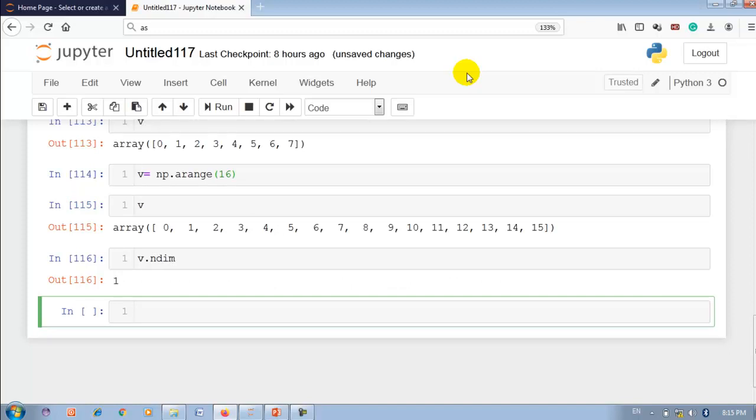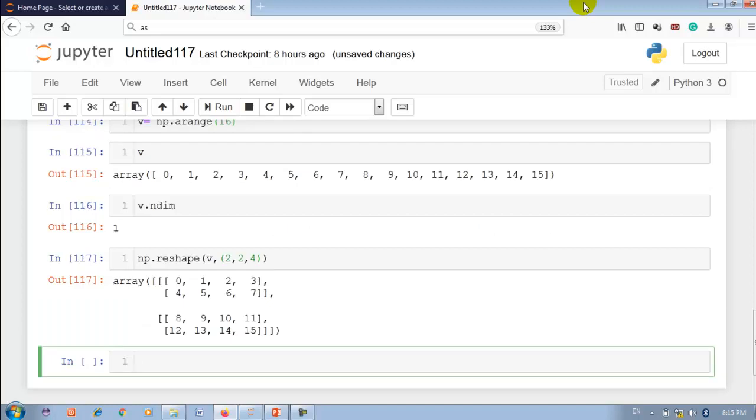Now we are going to convert into a 3D array. So np.reshape, then we have to pass this V, then 2, 2, 4. Now you can see it is converted into a 3D array.